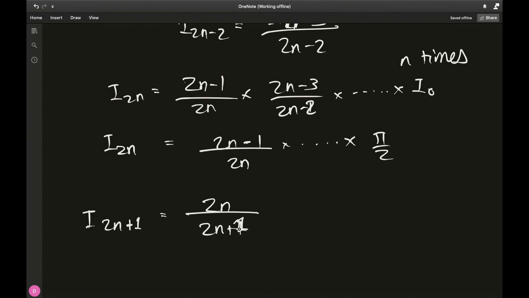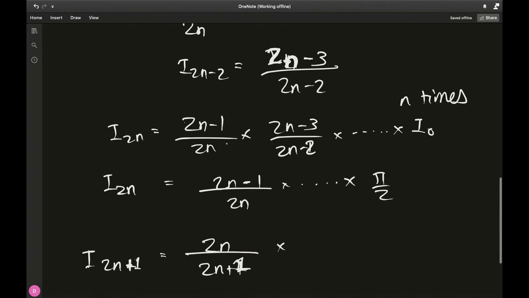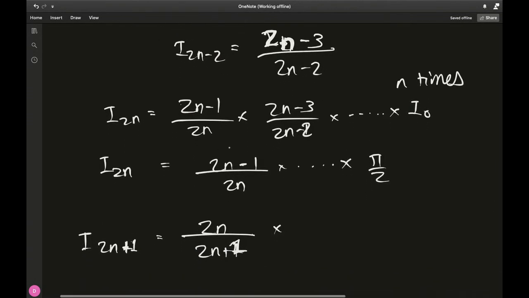But since 2n plus 1 will always be odd and 2n is even, so 2n plus 1 will naturally always be odd. So if you execute this idea of subtracting 2n times, so you'll have 2n plus 1 minus 2n. So you'll just end up with